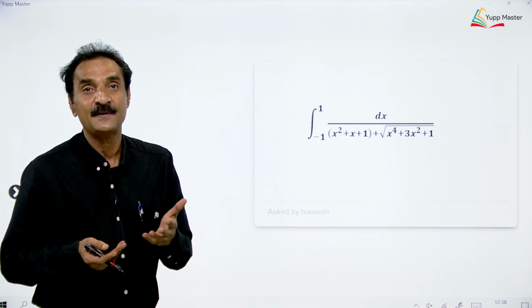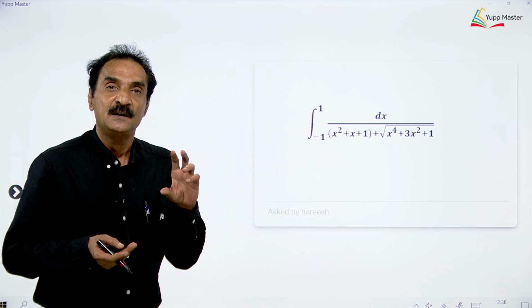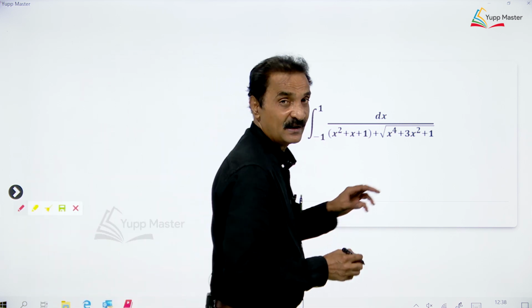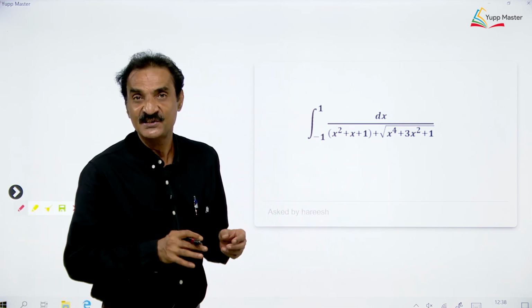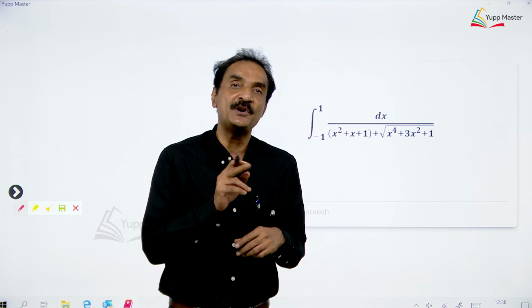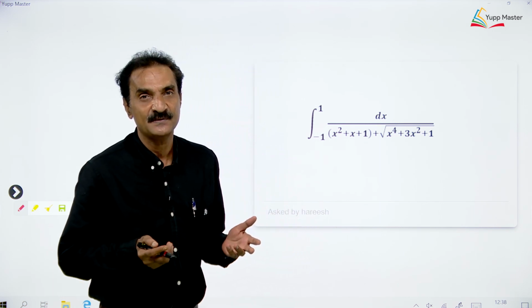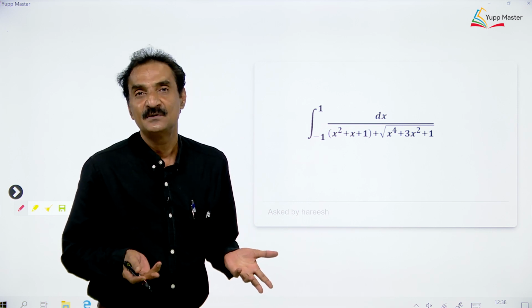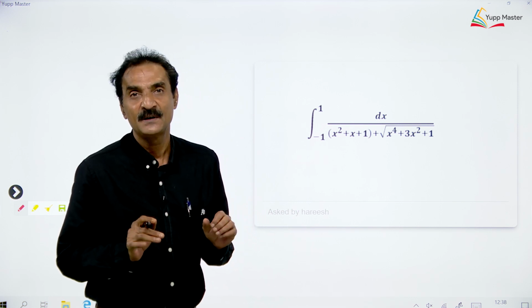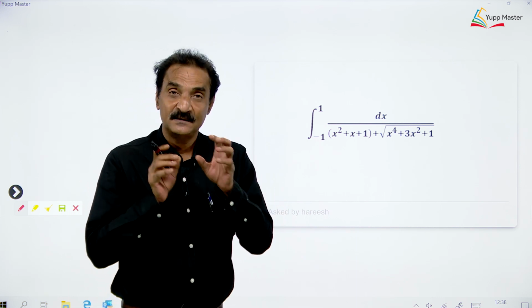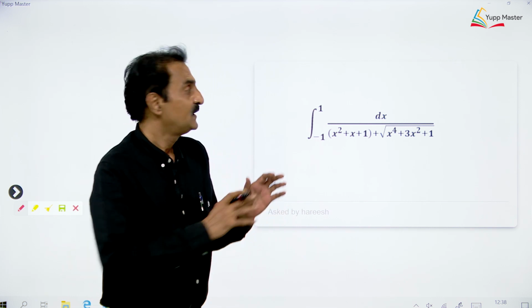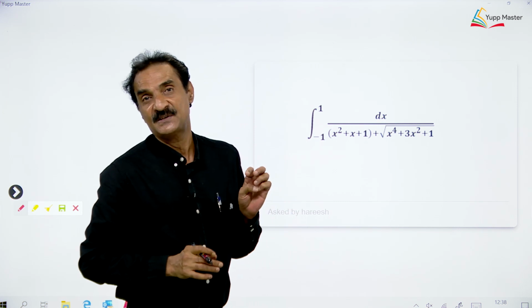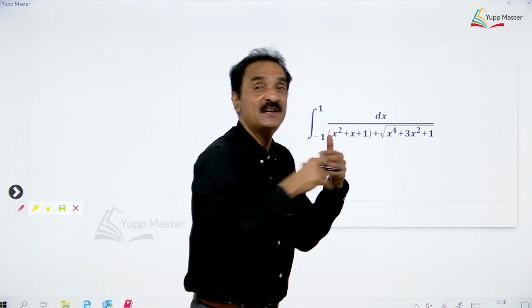You will check whether the function is even or odd. If the function is even, you can write it as 2 integral 0 to a f of x dx. If the function is odd, it is 0. But the important point is, when the limits are minus a and plus a and the function is neither even nor odd,